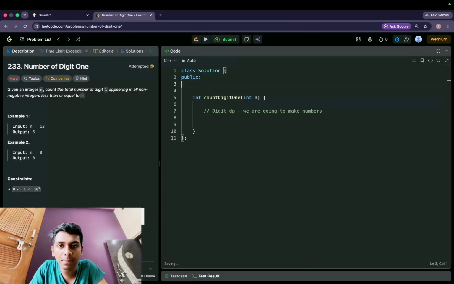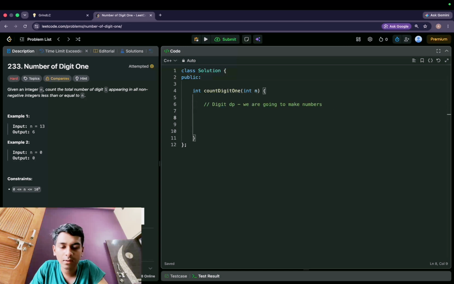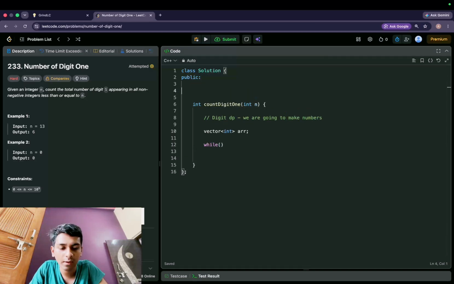Now I'll be making a DP. First of all, I'll simply extract all the digits. I'll create a vector, that is an array. Now what I'm going to do is break this number n. Why do we need this number n? Because this will tell our limits, like 467. 467 is our number, so we'll have to break this number into 3. So our array will look like this: 4, 6, 7. Now 4 defines the limit of the first state, then 6, then 7.